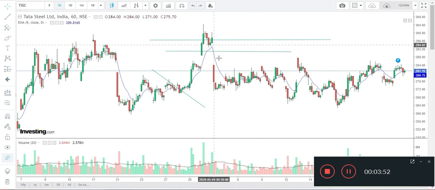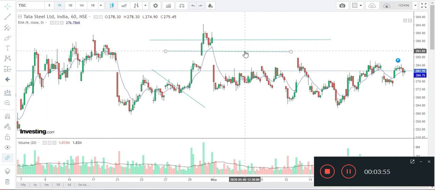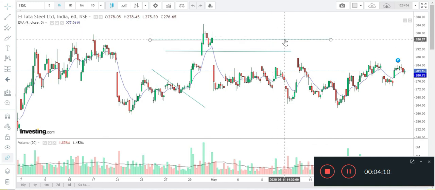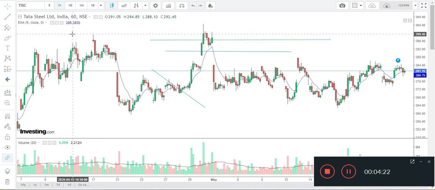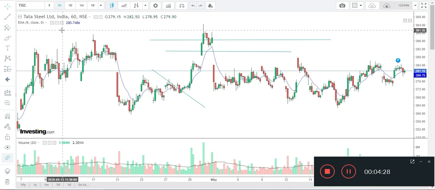So this is the advantage of using a chart layout, right? With a chart layout, you need not worry about the time frame that you selected, the drawings that you made, and all this. Like I mentioned, the TradingView free version allows only one chart layout. Now the problem here is, let us say you had analyzed Tata Steel in 1 hour time frame and JSW Steel in 1 month time frame. Since you can store only one chart layout, when you move on to Tata Steel, you may be checking it again from 1 month time frame based on your previous analysis of JSW Steel, right?